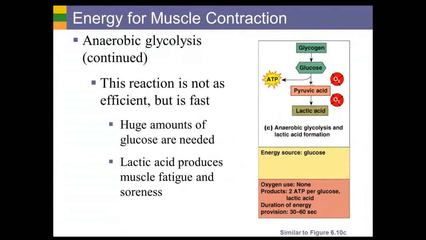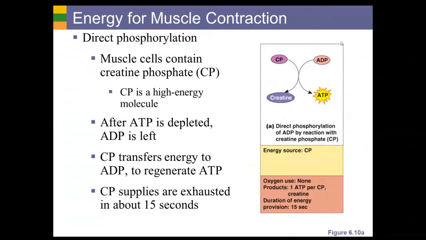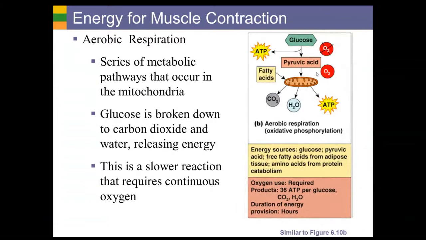During aerobic respiration, the step before aerobic respiration is anaerobic respiration, where glucose is converted to pyruvic acid, and you get a little ATP. Well, if you don't have enough ATP being produced aerobically, then there's an increase